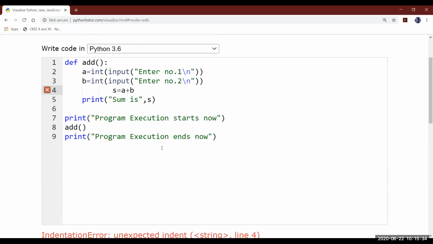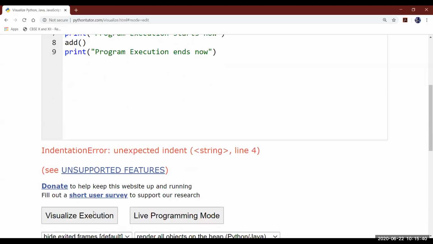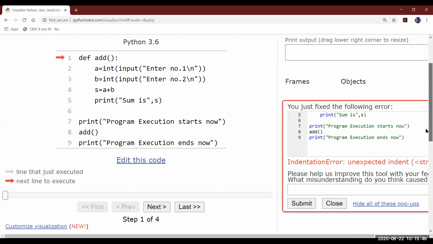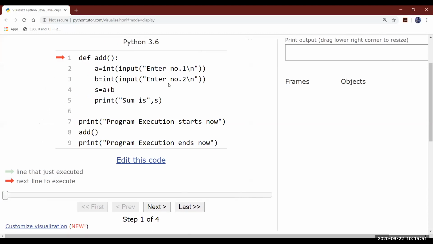Oh, sorry, I've clicked on indentation error. Fine. S equals A plus B was the proper line. Okay. Just see, now you will see two things here. This is your program. You see the cursor is at the start of this line. This will not execute, only the creation. That means the program will know that this name is created, but it will not execute. Only defining is done. Of course our program will start from this, but execution of the program will start from line number 7.